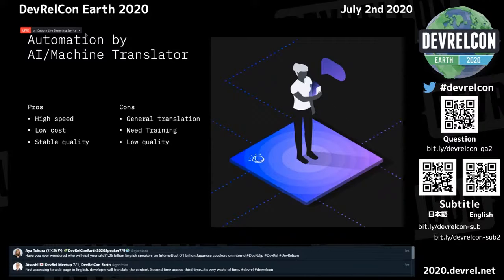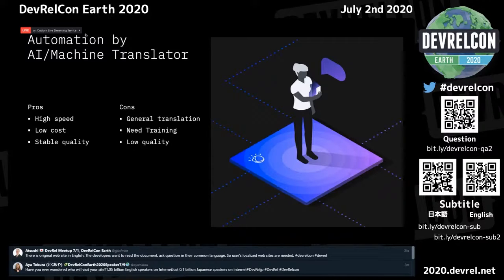Okay. This is for the translation situation. This case is automatic translation by an AI machine translator. It has pros and cons. Pros: high speed and low cost, and of course, since it is a machine translator, stable quality.